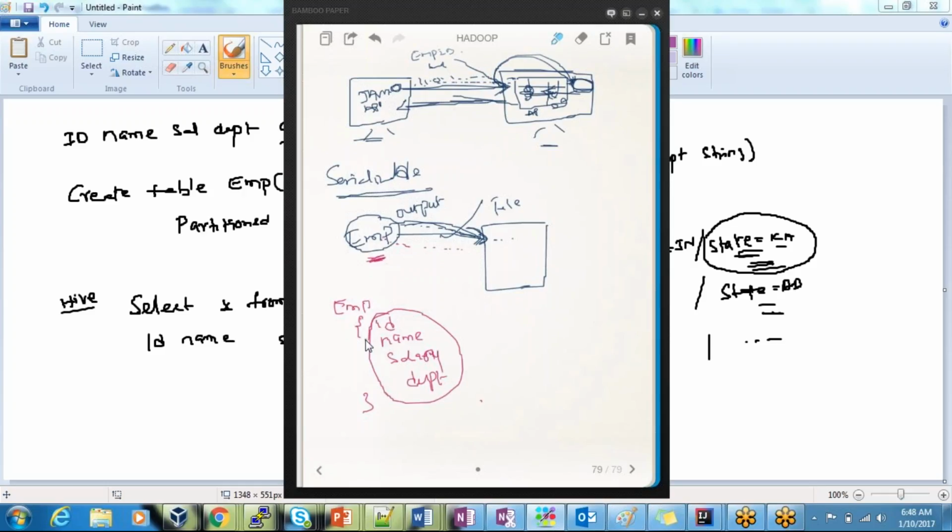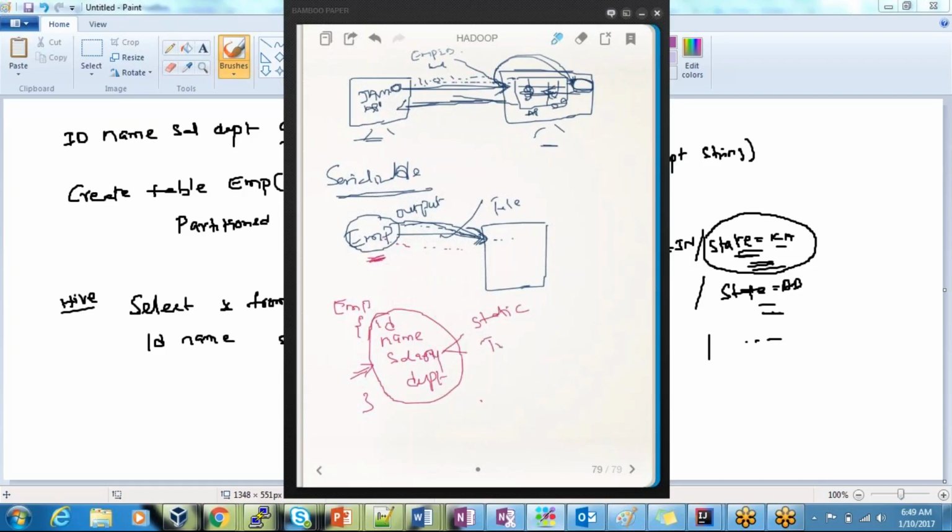But in this case, let's assume that you don't want to expose your salary as part of the serialization. You don't want to send the salary through a network to another file, or you don't want to serialize the salary. So what can we do in this case? There are two options. One is you can make the salary a static field. The other is you can make the salary